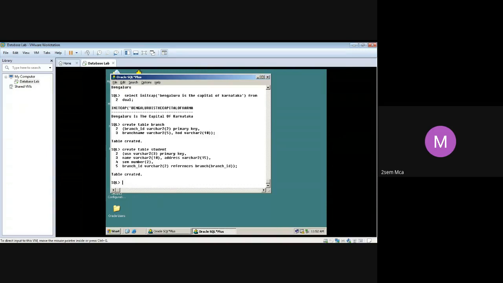I'm waiting for you all to finish. I want all of you to post it in the chat box. So that's how you create a foreign key. See, that's the reason I told you to follow some order in doing it. Because if you start with some table where there is no primary key created, then you have to add another statement to add the foreign key. Simply extra work. So it is better to do it like this.